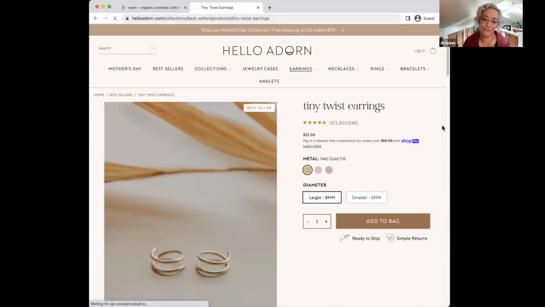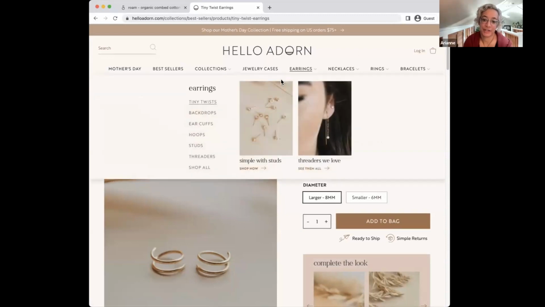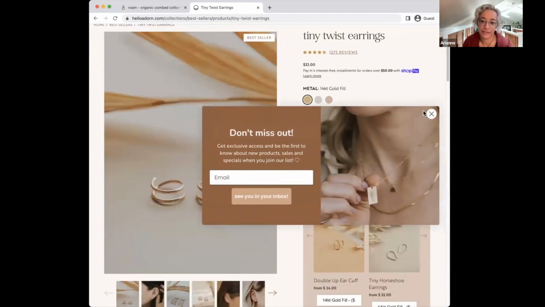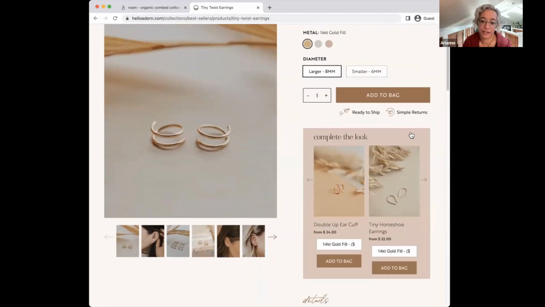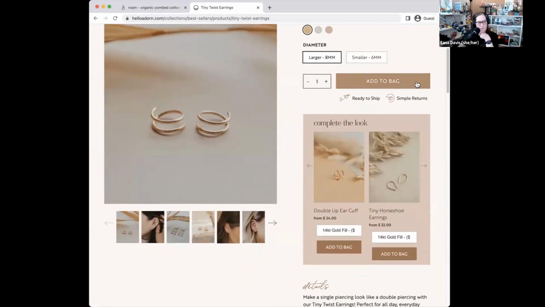Zoom. There we go. If you scroll down just a little bit, we've got complete the look here. This is a way that you can add some more things without replacing. So I can add this to the bag, and then I can add these other things to the bag. You might consider what things people tend to buy together and just show those on the complementary product pages. Then people don't have to go hunt around and look for more socks. They can just see, oh yeah, I want those too, and add them all to the bag. Great example. Thank you.